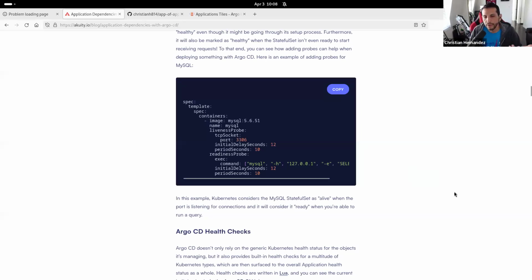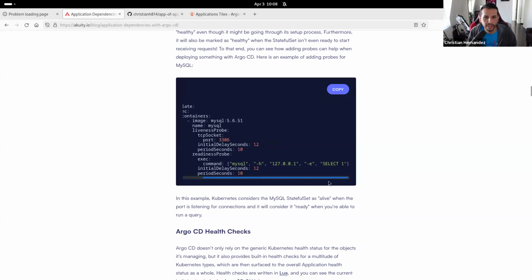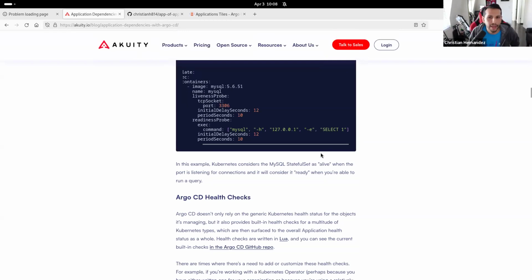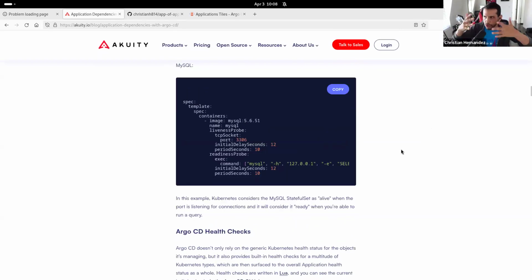And I did, in the blog, put an example of MySQL, right? I think initially in Kubernetes, when people were deploying, they were just deploying MySQL, and the front end or the back end API was failing because it wasn't able to connect to the database, because the database wasn't even up and running yet, right? And so I use that example, but in general, you need to keep in mind that before you do any application dependencies, make sure that you are setting up proper health checks and probes in the objects